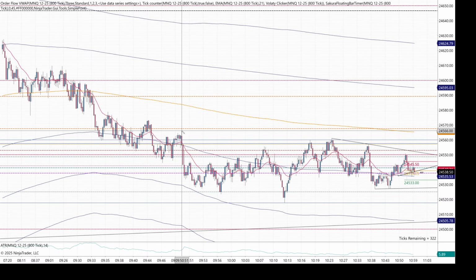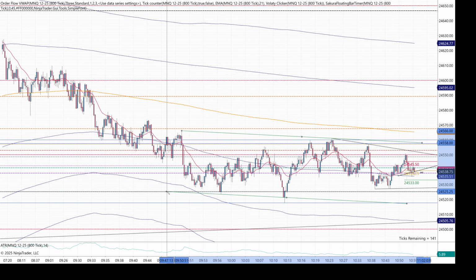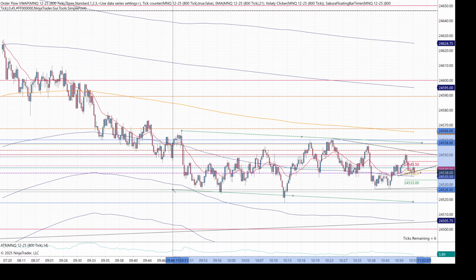This channel, this is just this big horizontal channel. I don't even know if this is accurate, but this is kind of what I'm seeing. And if we extend it to the right,